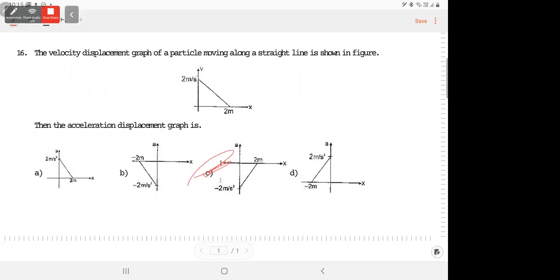Okay? Let's say we didn't solve the question. You have to solve this question. Can you tell me why the remaining three are wrong? I don't want you to find out the actual answer. I want you to find out which are wrong. Because if you can eliminate the three options, it is easy to get the right one. See the question, think about it. I'll give you a minute. Tell me which graph is wrong. You have to tell me the reason why. Why A, B, D are wrong. You have to tell me.